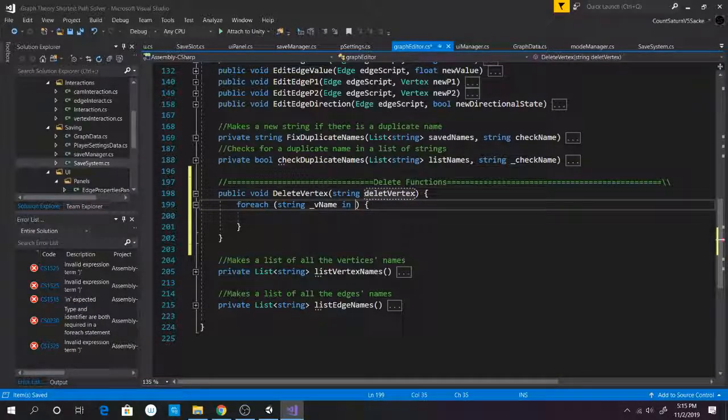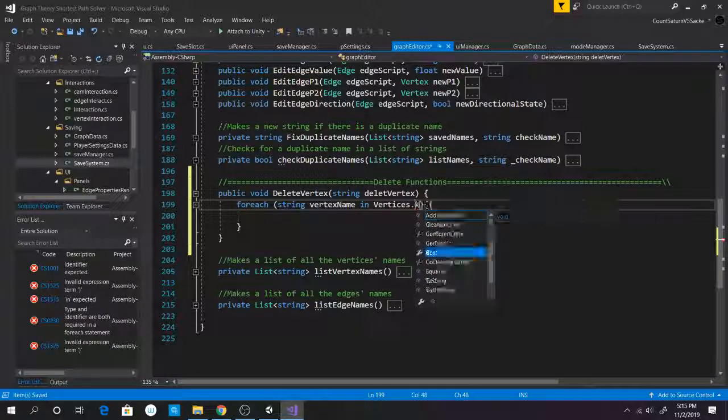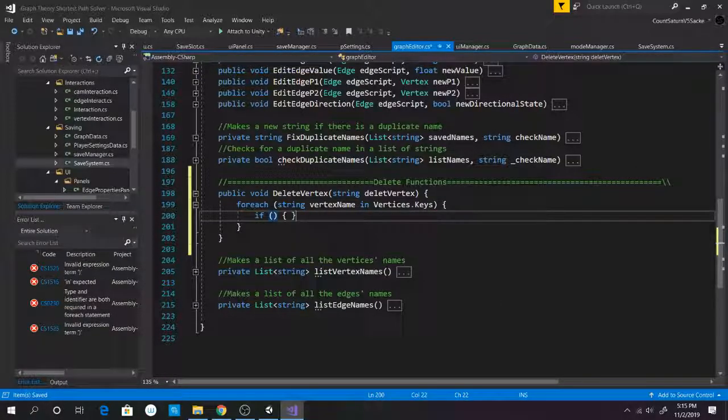Delete vertex. This one for every vertex name in vertices dot keys if